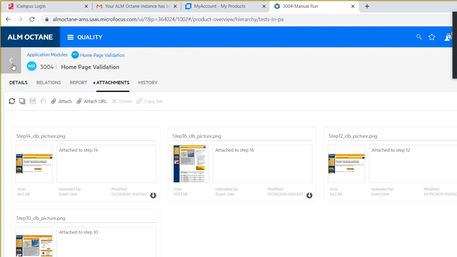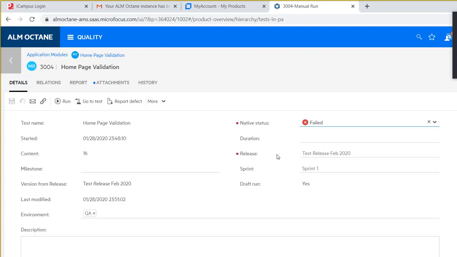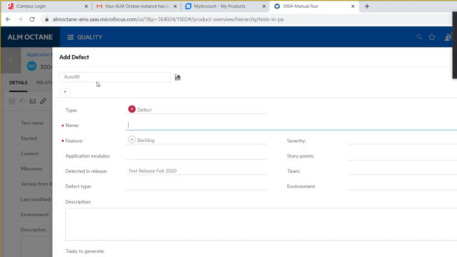So if you go to the details here, now can you see you have the details of this execution, right? Now can you see you have a reported defect, you have a remedy. You didn't report the defect, but you can come here and report a defect on it. You click on report a defect and then you name the defect. Let's say that